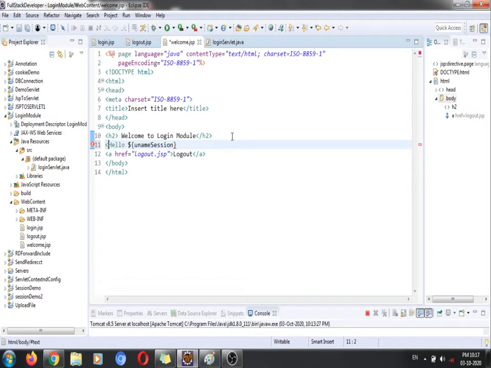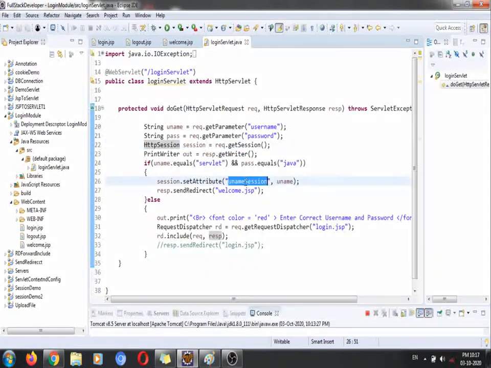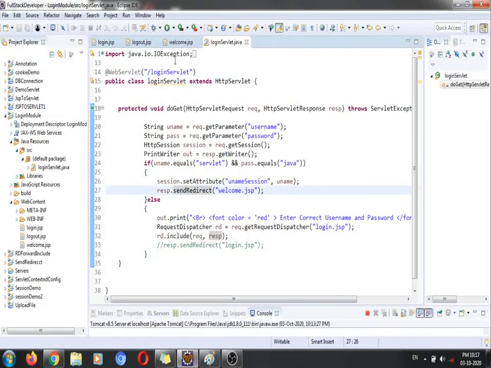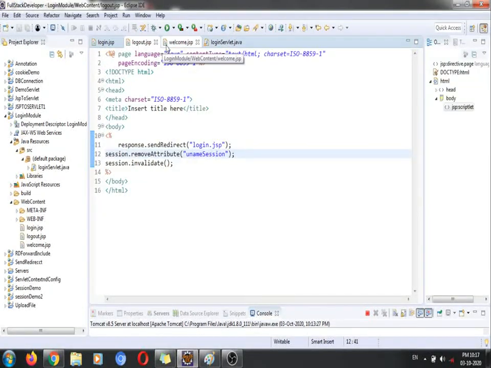And I'm going to print it in an H2 tag. If you write our code in this way, we can directly access this particular session value. The session value we have set from the username, that is from the form field. So now we have our session.